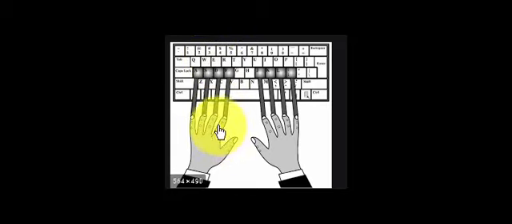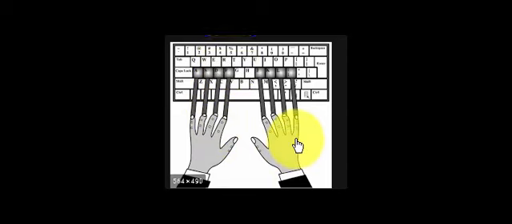And this index finger will be used for F and for the T key, children, in the third row. And so the index finger will be used for F, R and T also.